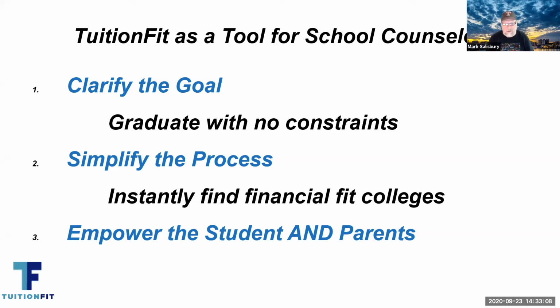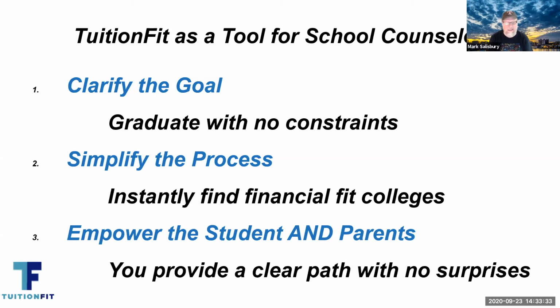So you could also look at the average price, but the average price, the net price, is not necessarily what your student would pay. And the problem today is that the net price, you can be $10,000 on either side of it. That's a ton of money over 4 years. So that net price is not very helpful. You need to know the actual price that that student would be asked to pay. And that's where TuitionFit really matters.